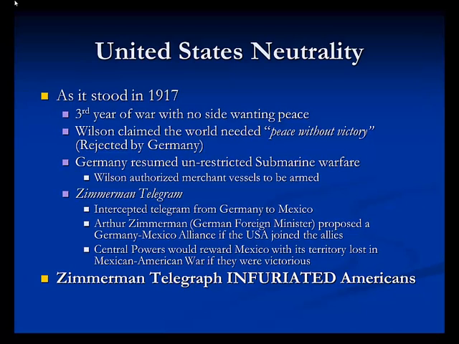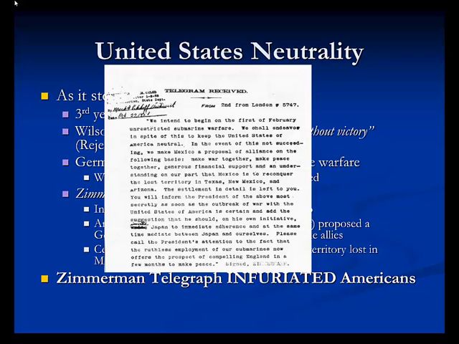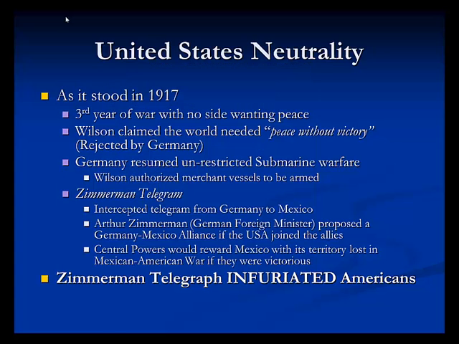Arthur Zimmermann, who was the German foreign minister, had proposed an alliance between Germany and Mexico if the United States joined the war effort. If Germany won, they promised Mexico that they would help it recover the states of Texas, New Mexico, and Arizona, which they had lost to the United States in the mid-19th century. Americans were infuriated over the German proposal. This, combined with Germany's resumption of unrestricted submarine warfare, increased the chances of Americans joining the war effort by adding an element of fear to the American public of a German victory.